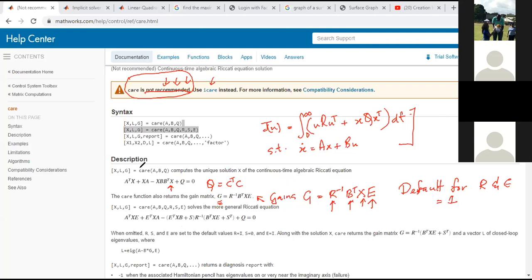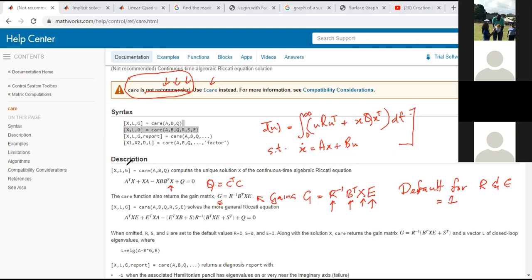Now, what we are required to do is use the ICARE, because remember, this year the CARE is not recommended anymore. So the X, the L, and the G,